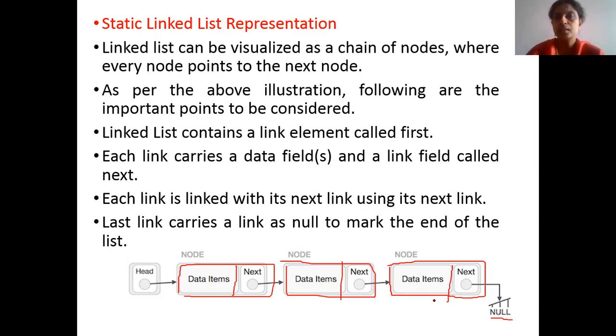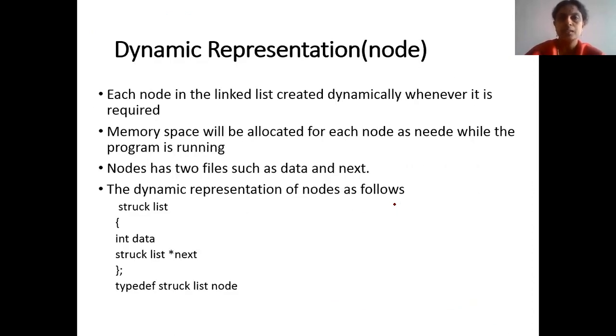But when I use a static linked list, we use the array concept, so we have to fix the size. If you know arrays, if we fix int a of 100, only 100 nodes can be created. That's the limitation of a static linked list. Since it uses the array concept, we need to fix the size, and based on that we create the linked list. When it comes to dynamic representation, each node is linked dynamically. So while the program is running, if you want to insert a new node, you can insert it at the end.